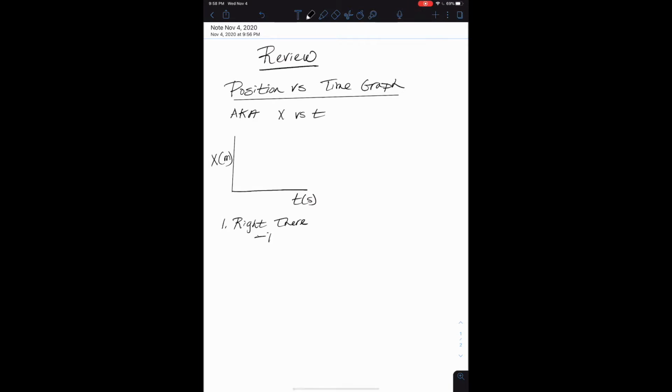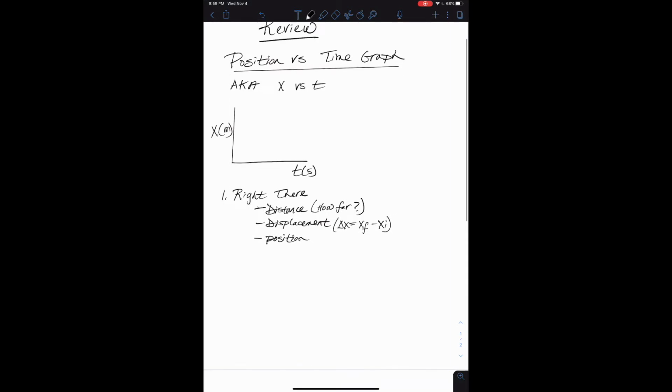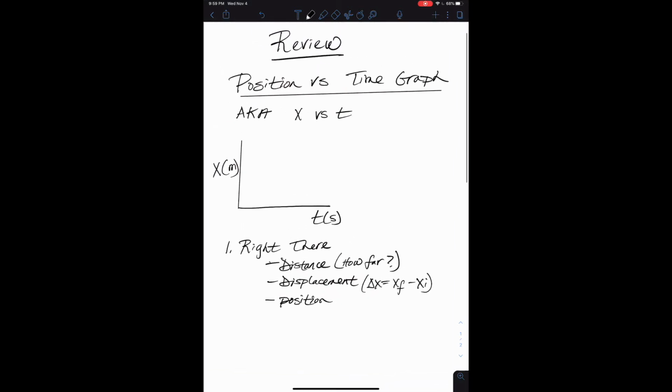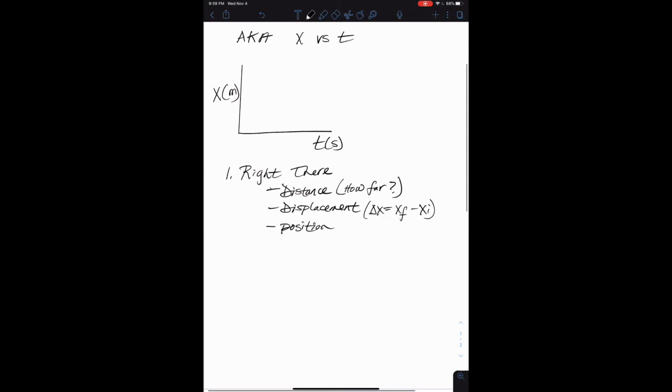These are things like distance, displacement, what else? Position. When they ask distance questions, it might be something like how far. When they ask displacement, I like using the formula delta x equals xf minus xi. Then the next type of question when you're given a graph of x versus t,